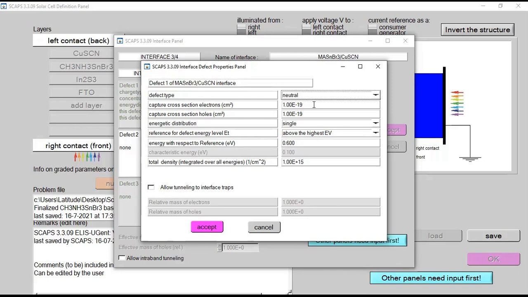You can check the impact, and you can compute some graphical representation of what kind of impact your interfacing capture cross section electrons of perovskite and HTL layer were providing over your performance. For this interfacing layer, your energetic distribution should be single. You will never see any paper where people have kept this energetic distribution Gaussian. The only interfacing energetic distribution that should be Gaussian is for the case of perovskite